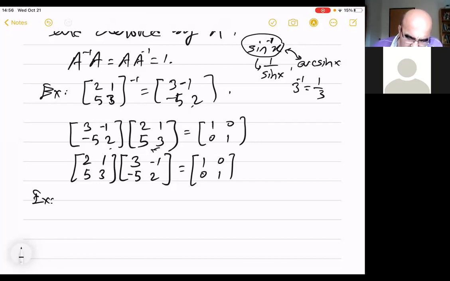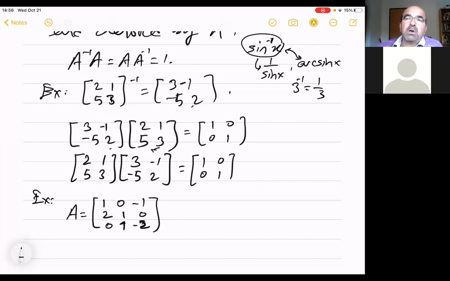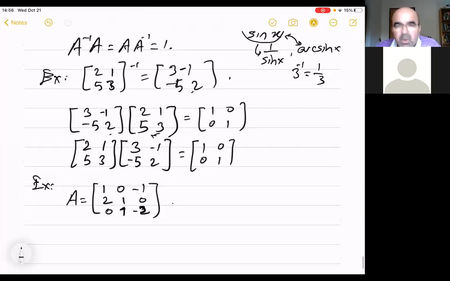Let's take A as a 3 by 3 matrix. Let's put lots of zeros: 1, 0, minus 1, 2, 1, 0, 0, 1, 3, minus 2, for example. Okay. So let's check whether this is invertible,